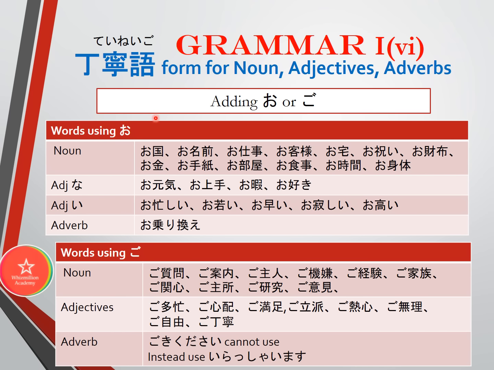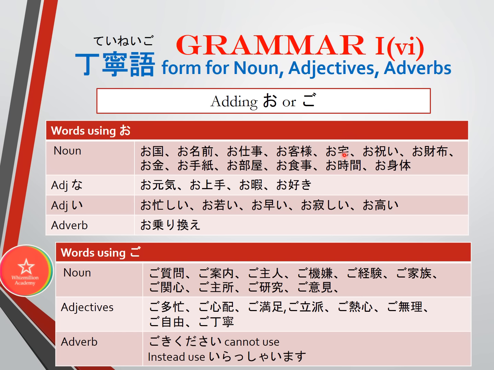The polite form for noun, adjective, and adverbs is simply using o at the front of the word or go at the front of the word. There are some words that use o and some words that use go. Let's see. For noun, o kuni, country, o namae, name, o shigoto, job, o kyaku sama, guest,